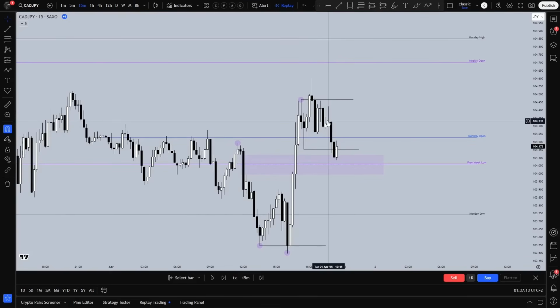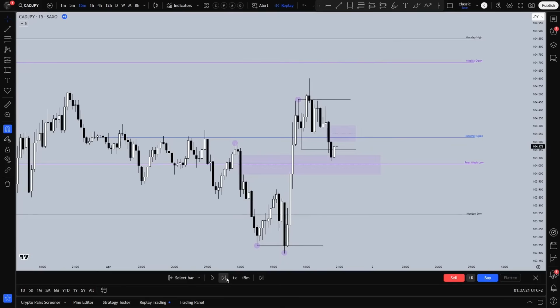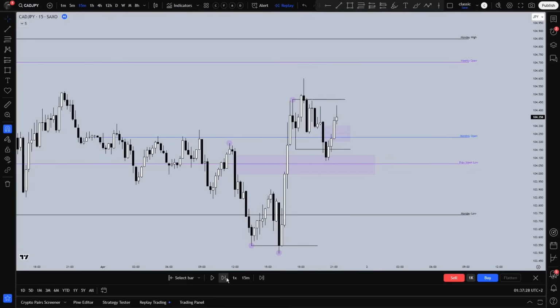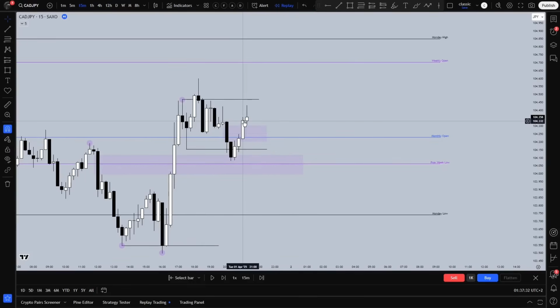We have this M15 fair value gap here now, and if you can close above that fair value gap, you can enter on the next candle's open, high, low, close. So let's see if we can close above here with a candle closure on the M15, and then that would confirm a setup. So you can see here, we closed above, so on the next candle, you buy below the opening. So this candle opens up, and the wick here, that's where you market buy